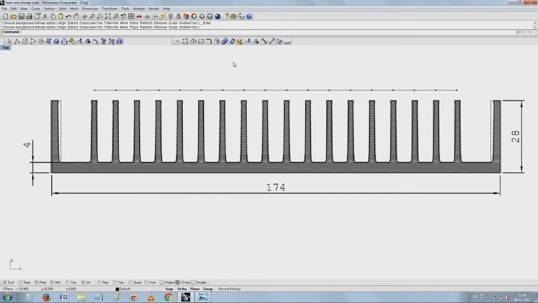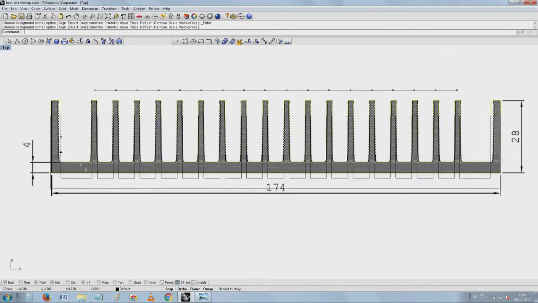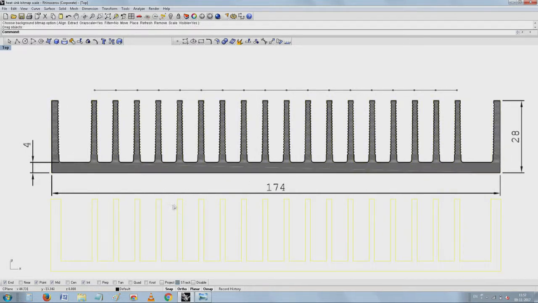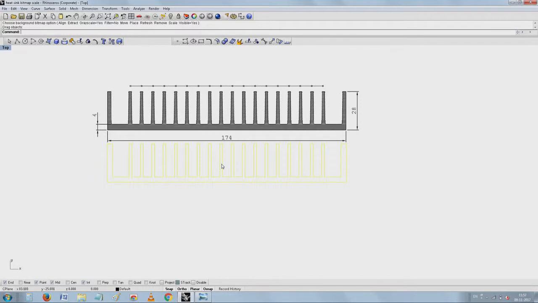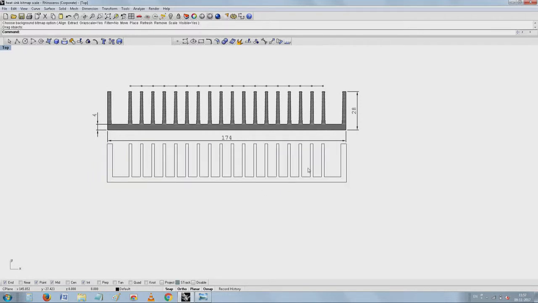I have started with this beautiful background bitmap which is already placed there for me to trace. So, those numbers 174, 4 and 28 are exactly what we have had there, and then over it I tried to trace and then I tried to make something, just to show how well it is, how well it is not. I will just move it out. Can you see it is not actually a very accurate representation, but good enough for us.